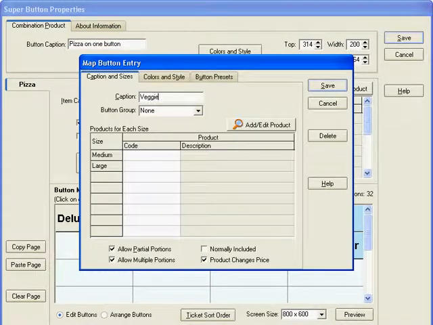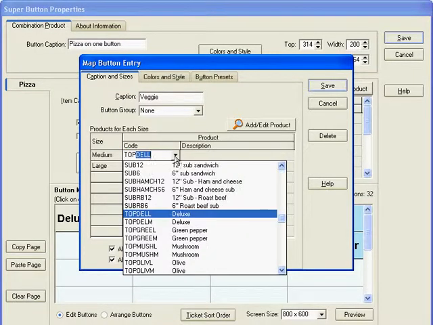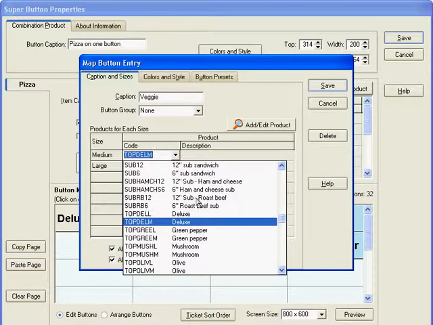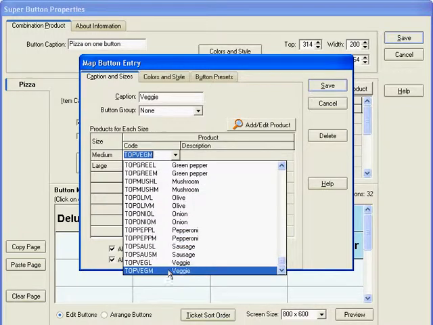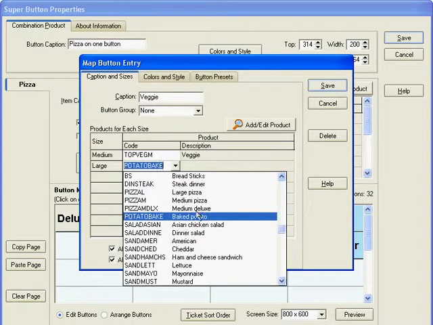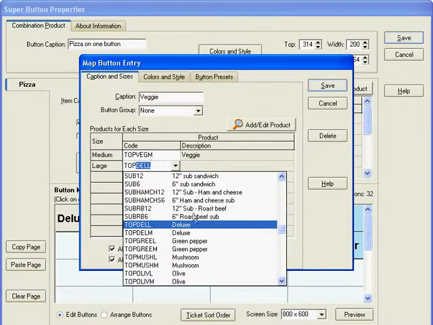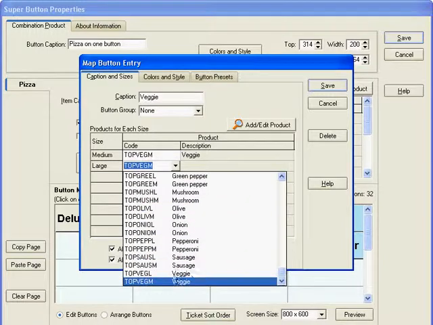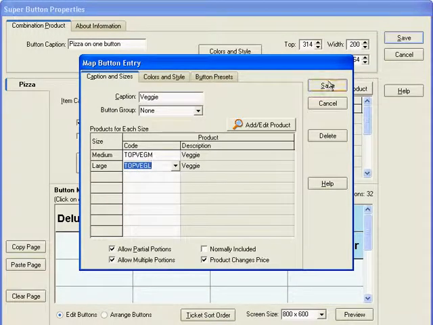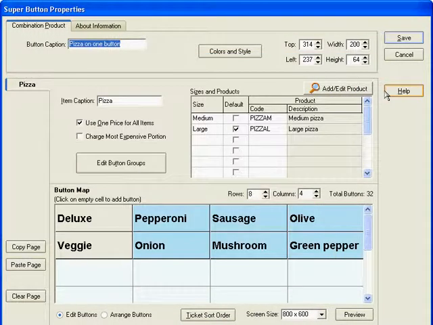And for the medium, select the vegetable topping, and large, the same thing. And save that. Now, just as when we set up the sandwiches, we need to make toppings a part of